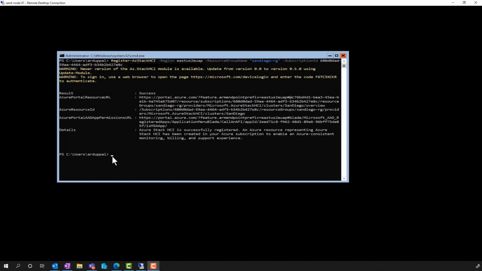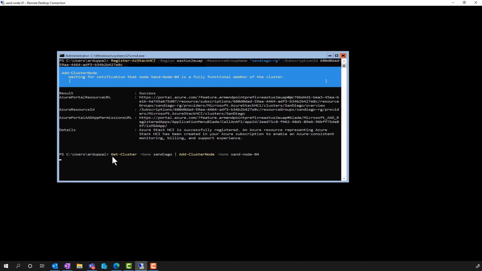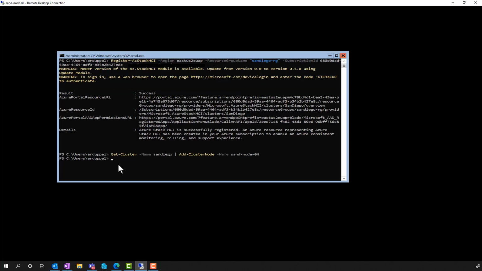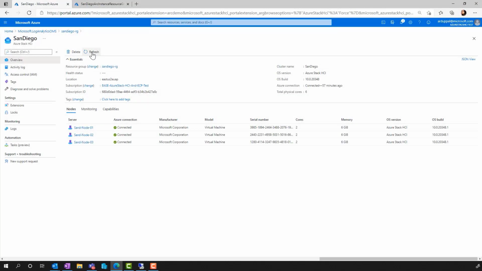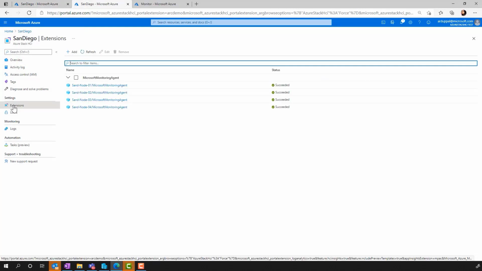To prove that, let's add another node to our on-premise Azure Stack HCI cluster. After a moment, back in Azure, the new node shows up and is Arc enabled.